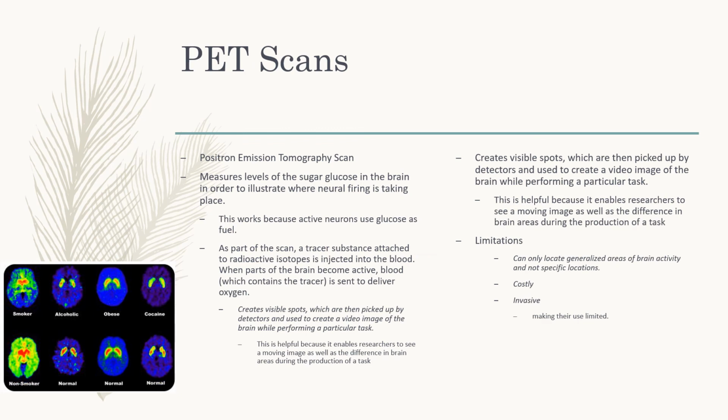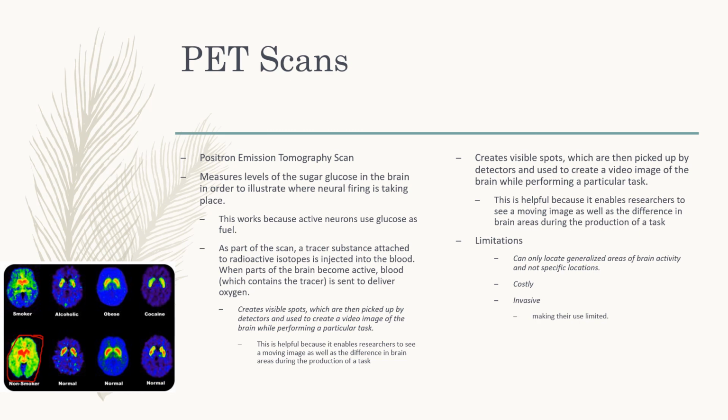Another type of functional imaging are PET scans. They measure levels of the sugar glucose in the brain in order to illustrate where neural firing is taking place. Now, neurons use glucose as fuel, and so that's why this particular thing works. But as part of the scan, a tracer substance is injected into the blood, and when parts of the brain become active, blood with the tracer is sent to deliver oxygen, and so it creates these visible spots like we can see in this particular